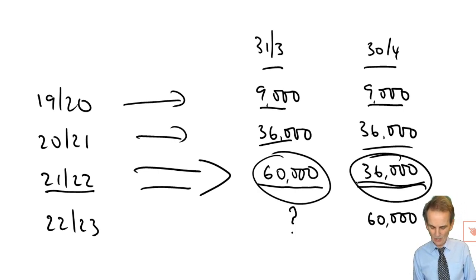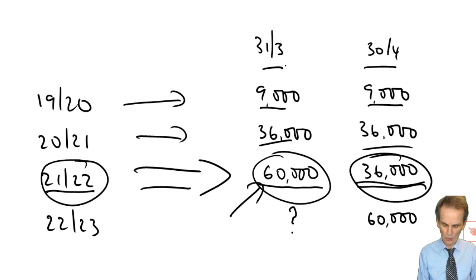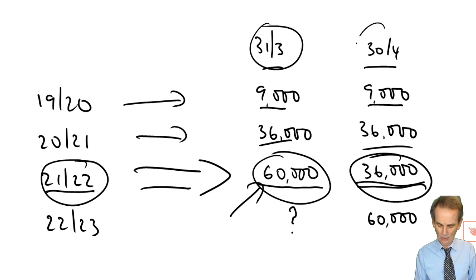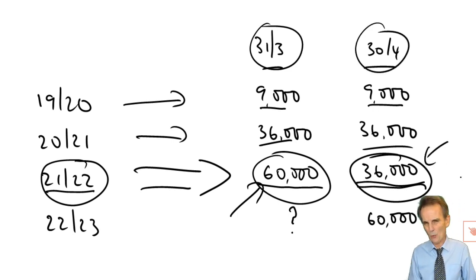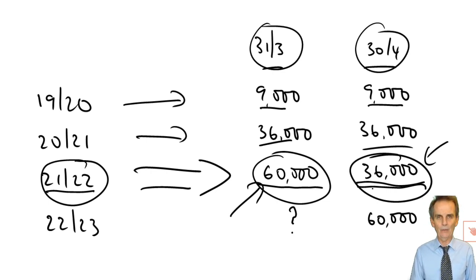Now you just think, that's £24,000 extra profit being assessed in the 21-22 tax year if you chose the 31st of March. If you choose the 30th of April, 36,000, that's £24,000 less profit. Now, we don't know what other income the taxpayer has, but depending what, if any, other income the taxpayer has, there may be a significant part of that £24,000 of profit that, if it were assessed rather than not assessed, may very well be assessed at a higher rate of tax, 40%. And 40% on 24,000, well, there you're talking about